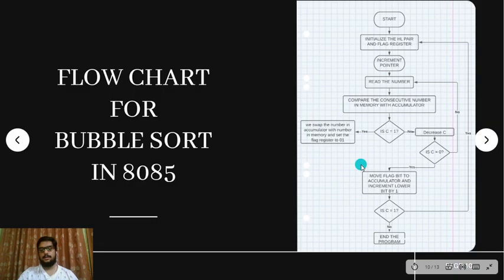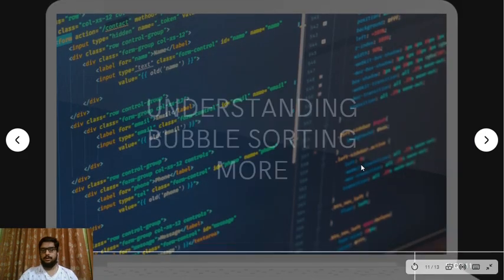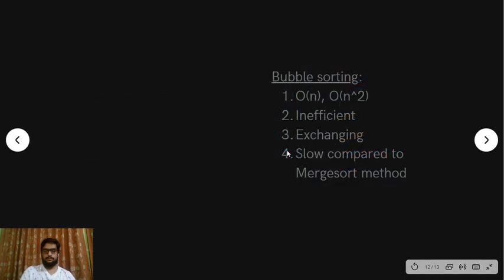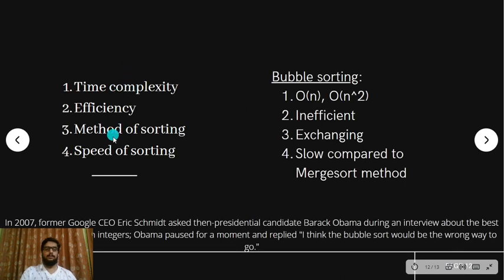So let's understand more about bubble sorting using some parameters. Based upon these 4 parameters, time complexity, efficiency, method of sorting, and speed of sorting, how does bubble sort perform? On the basis of time complexity, the best it could have is of order n, and the worst is of order n square for larger arrays.